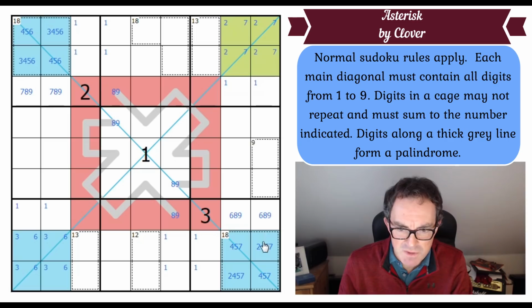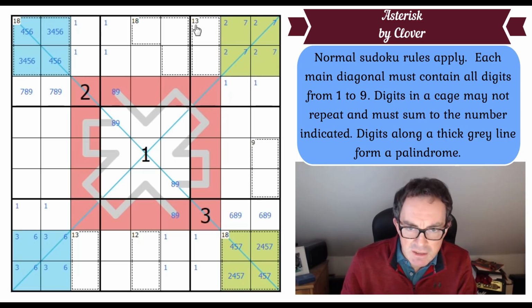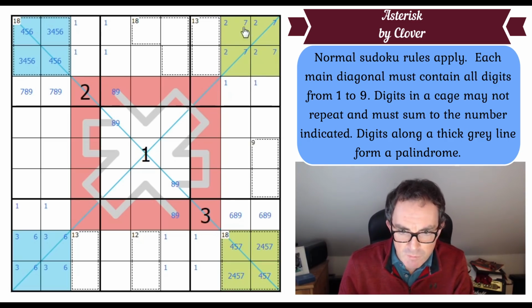We've got 2 7s and 2 7s here. So in column 7, we've not put digits 2 and 7 in yet. And they can't go in those 3 cells. They can't go in those 3 cells. So they've got to go in 2 of these 3 cells. Now, can we...